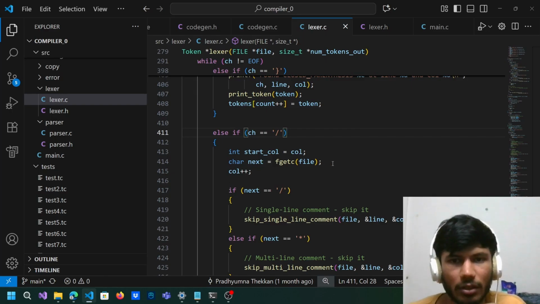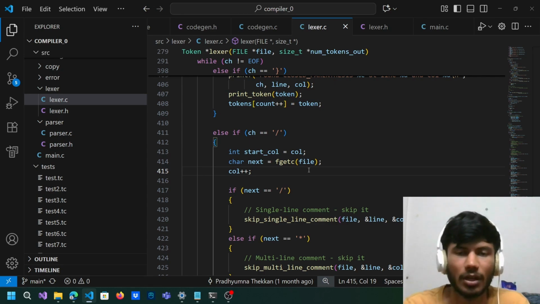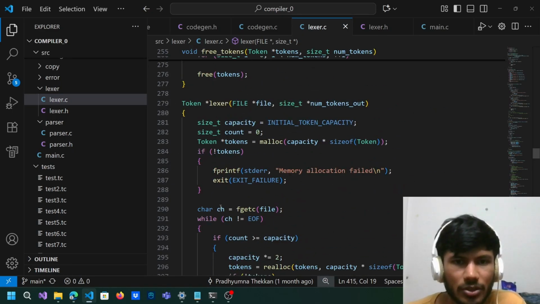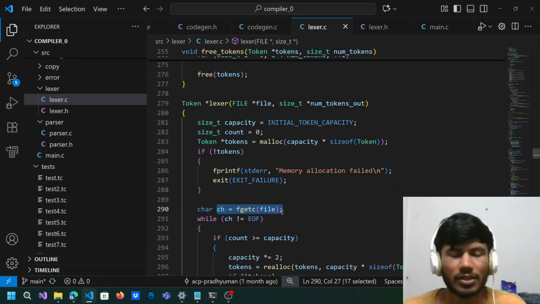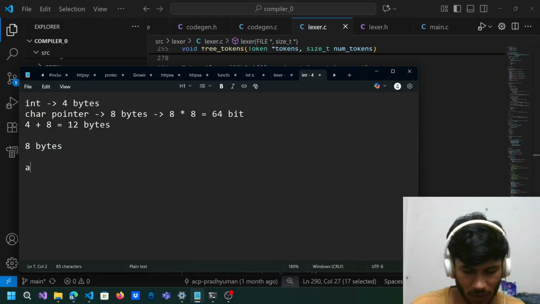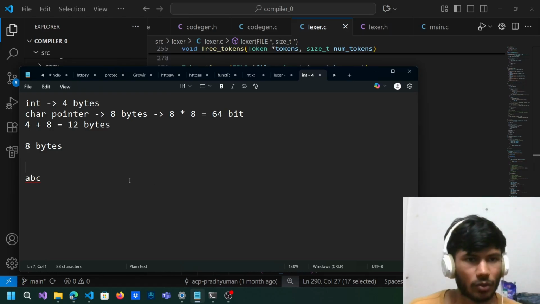So we take the next pointer with fgetc. fgetc gets the next character, right? See, here also we did ch, ch equals fgetc. So fgetc will point to the next character. Let's say ABC is the string. Right now we are starting, so ch equals A when we do fgetc. Next, if we do fgetc,